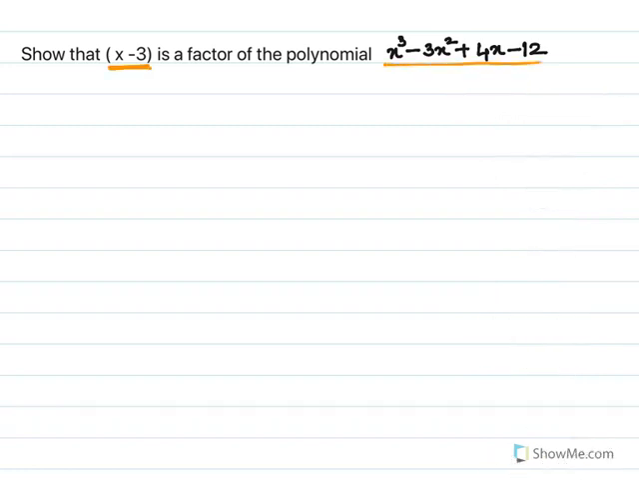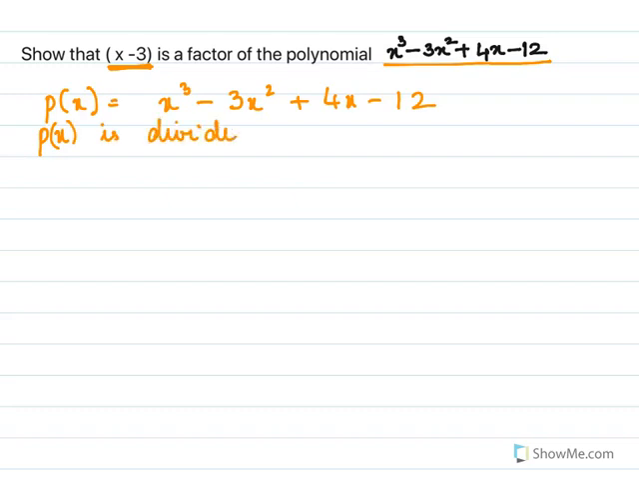Here, show that x minus 3 is a factor of this polynomial. So what I will do is first I need to find the remainder. Let me say p of x equals x cube minus 3x square plus 4x minus 12. To find if x minus 3 is a factor, we need to find the remainder when p of x is divided by x minus 3, the remainder will be